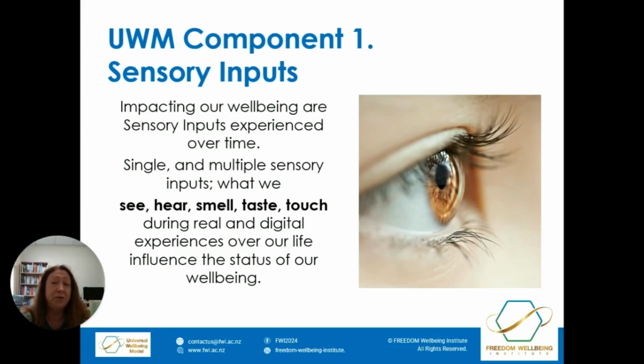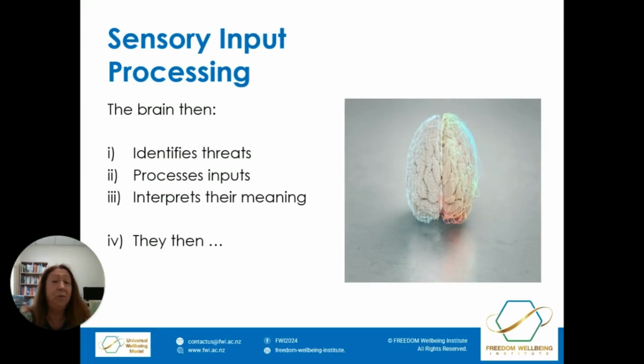When these sensory inputs are received, they go to our brain. And our brain then begins to process those sensory inputs to find out what they mean for us. One of the first things that our brain rapidly does is identify if new sensory inputs signal that we are in some kind of danger or there is some kind of threat. For example, if I put my hand close to a fire, my brain is likely to identify the heat, to sense the heat through touch against my hand and to cause me to actually pull my hand back.